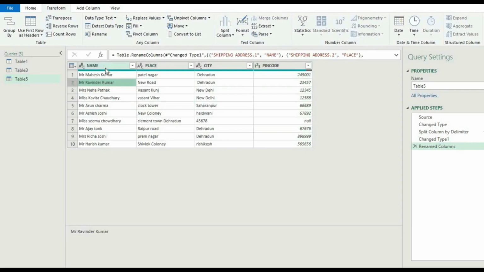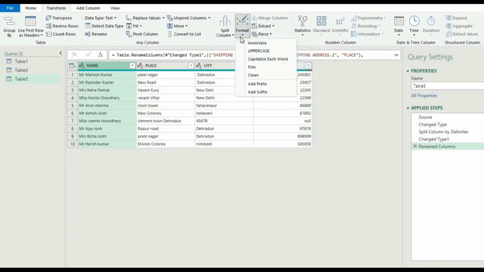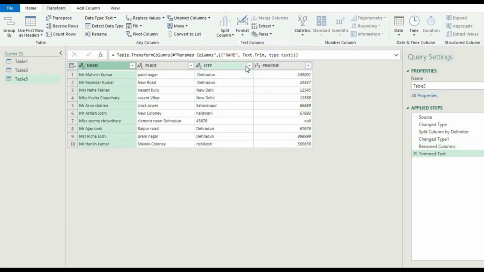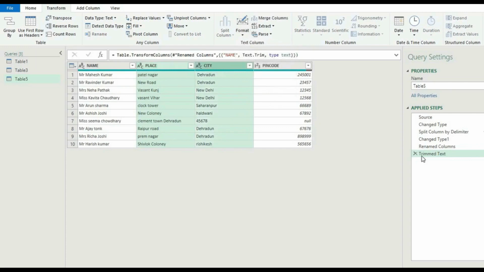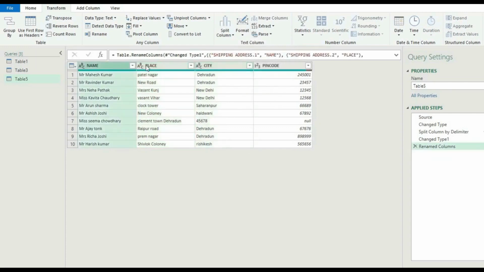Beside that, what we can do, we can do our trim function here in format and trim the data. So whatever unwanted spaces will be there, that will be removed. We can do it by selecting all these three, or either I can remove this and select all, just pressing the Control button from my keyboard